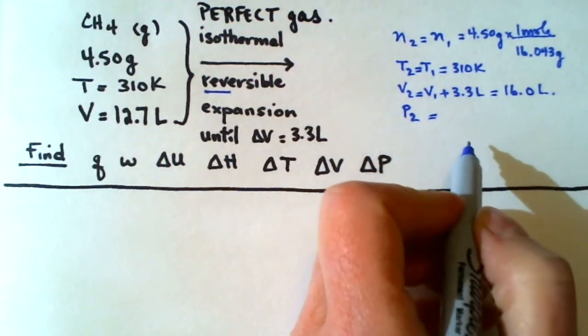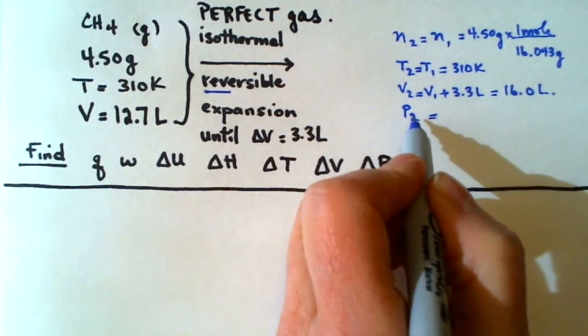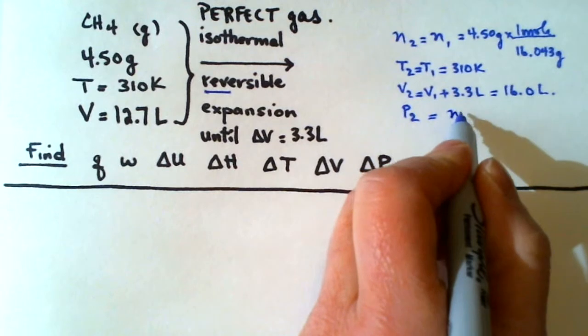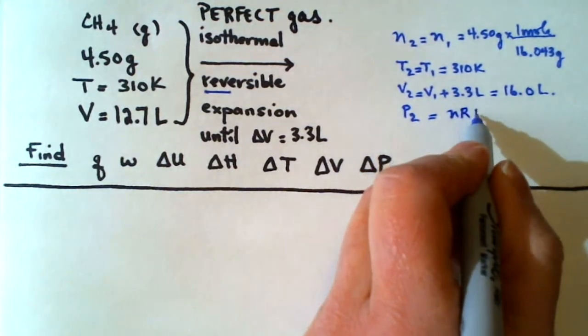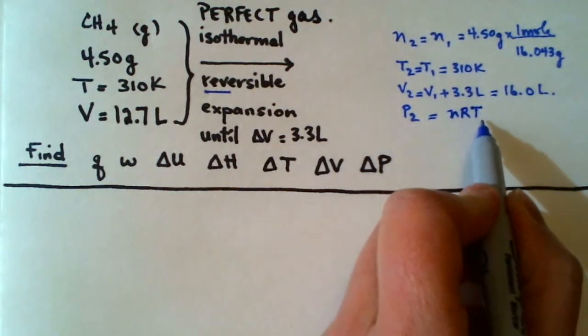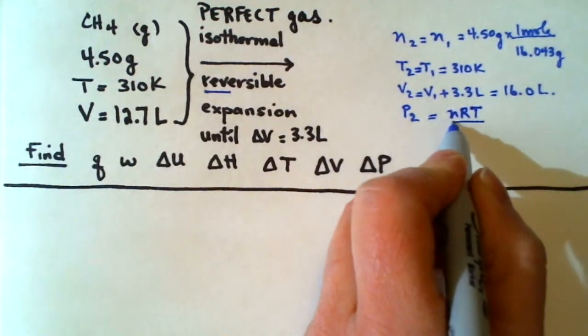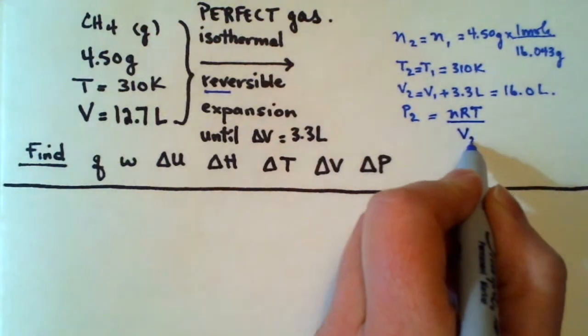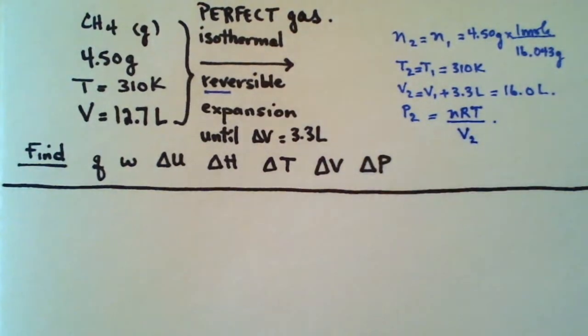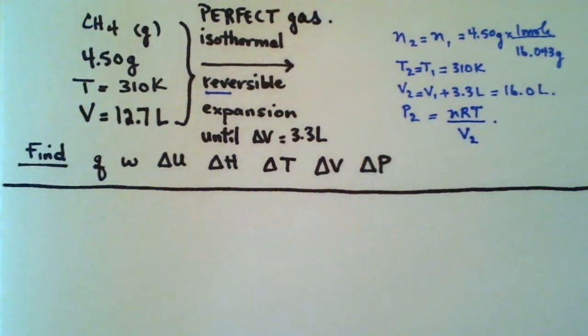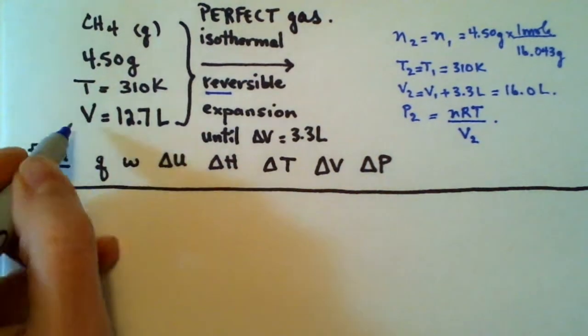And therefore, PV equals nRT applies, and so n, R, T, n is constant, T is constant, so I'm not using any numerical subscripts, over V2. So I do know what my pressure is in the second case,